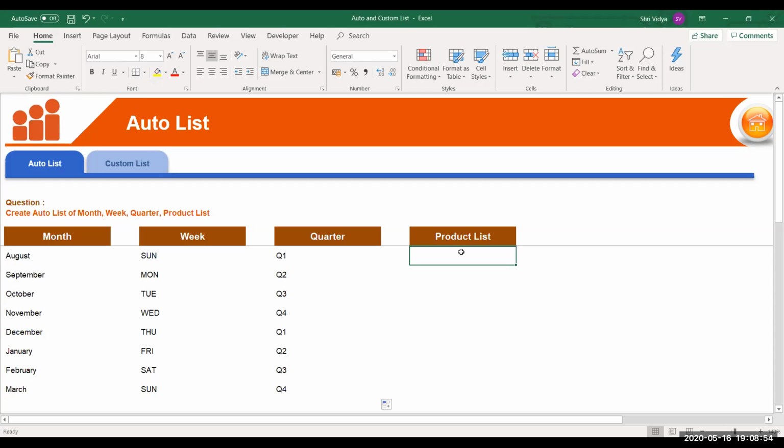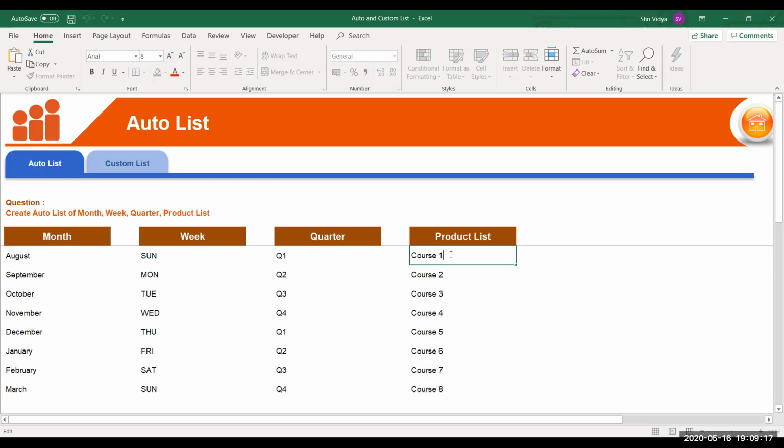Now let me show you. I have my company's product list, let's say, or course list. I don't want to disclose all the courses. Let's say I'll just mention course 1, and if I drag it, it will just create a list like this. And this number could be anything, guys.